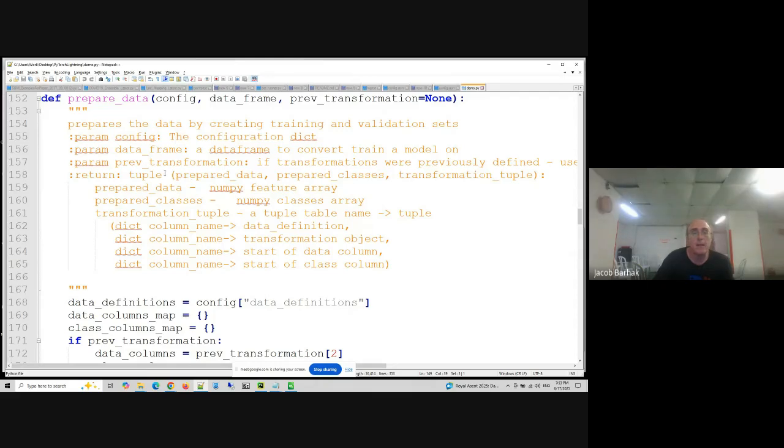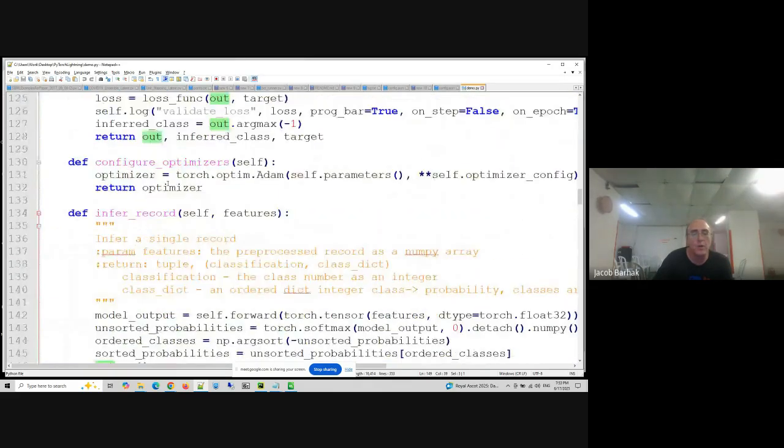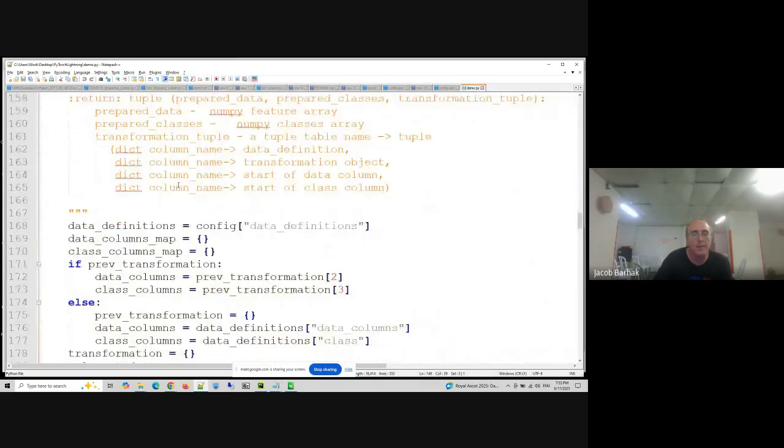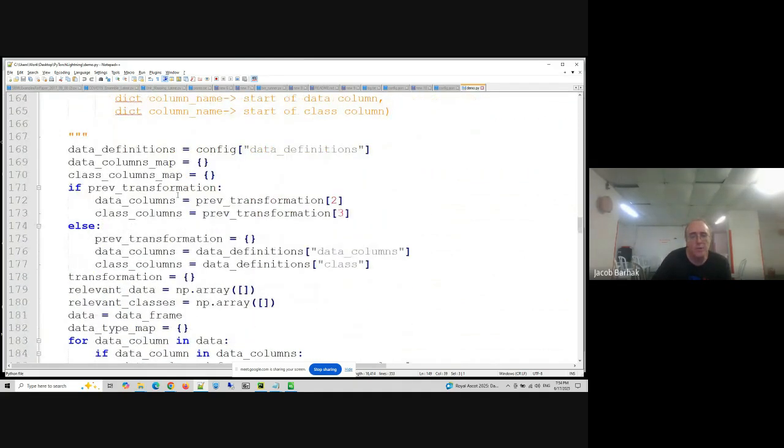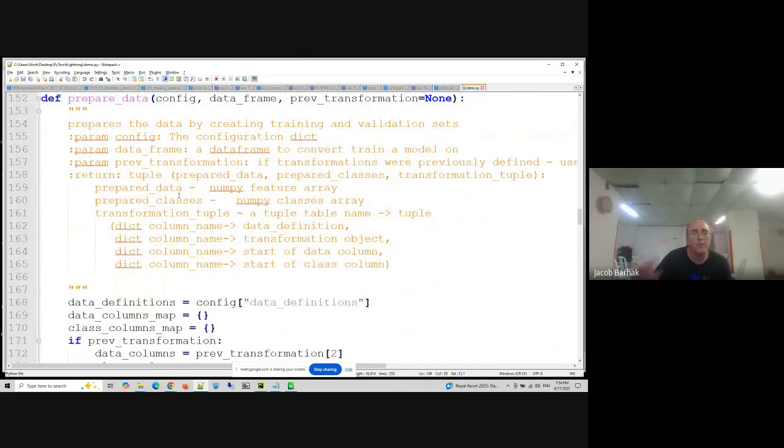Okay, let's talk about preparing data. We've defined the neural network, but there's a whole set of preparing data, which I'm also trying to automate somehow. I have lots of information here, which is kind of scary, but let's go over it without too much detail and just understand what this function does.